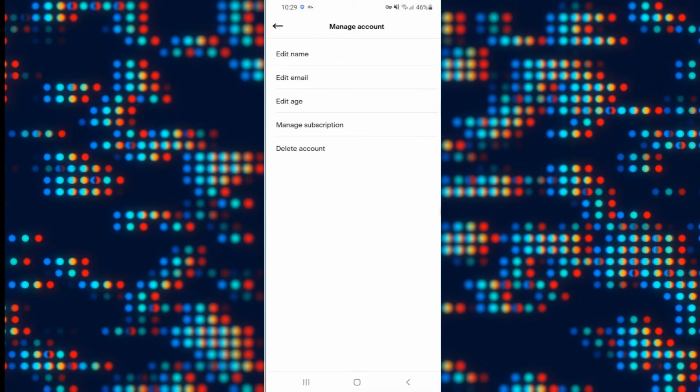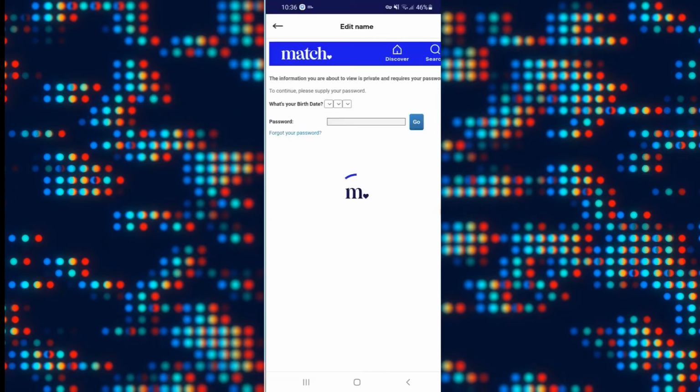So go ahead and tap on the Edit Email option, and you will be asked to verify your identity by entering your date of birth and your password. So type in both of these credentials and then tap on I'm not a robot to verify your CAPTCHA identity. After verifying all of these, tap on the Go button, and now you will officially be allowed to edit your